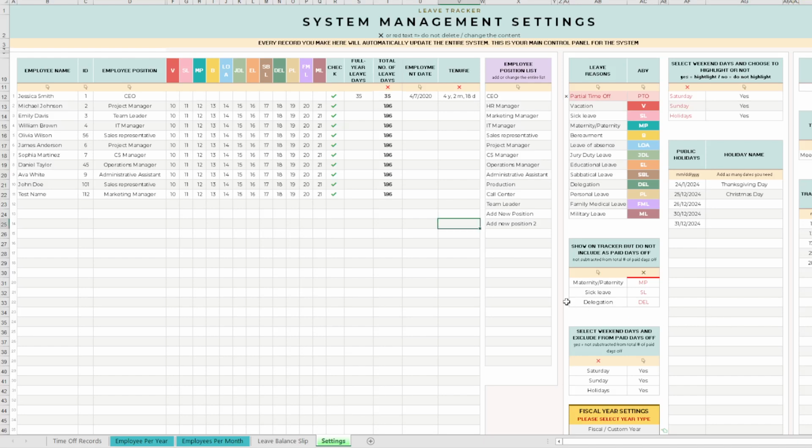Hi again. In this video, I'm going to introduce you to the settings tab of our employee leave tracker. Basically, this will be the heart of your entire system. Every record you make here will update the entire system. It is very important for you to understand how this is working, how every change is affecting your entire system,